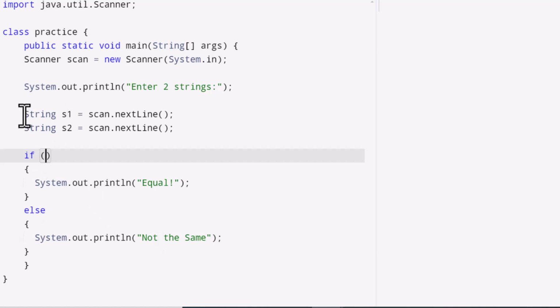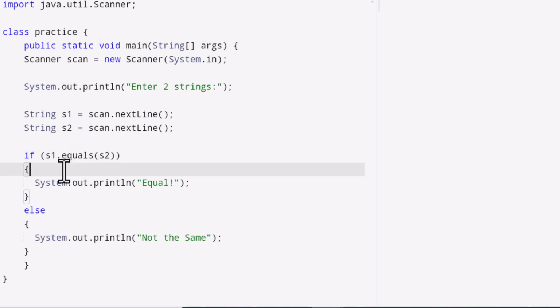So here's my first variable. It's called S1. Here's my second variable. I just called it S2. And so I can just say that S1.equals(S2), and this will actually tell me, is S1 the same as S2? And if I run that here, and I apologize, sometimes it's a little slow, but let's say we do